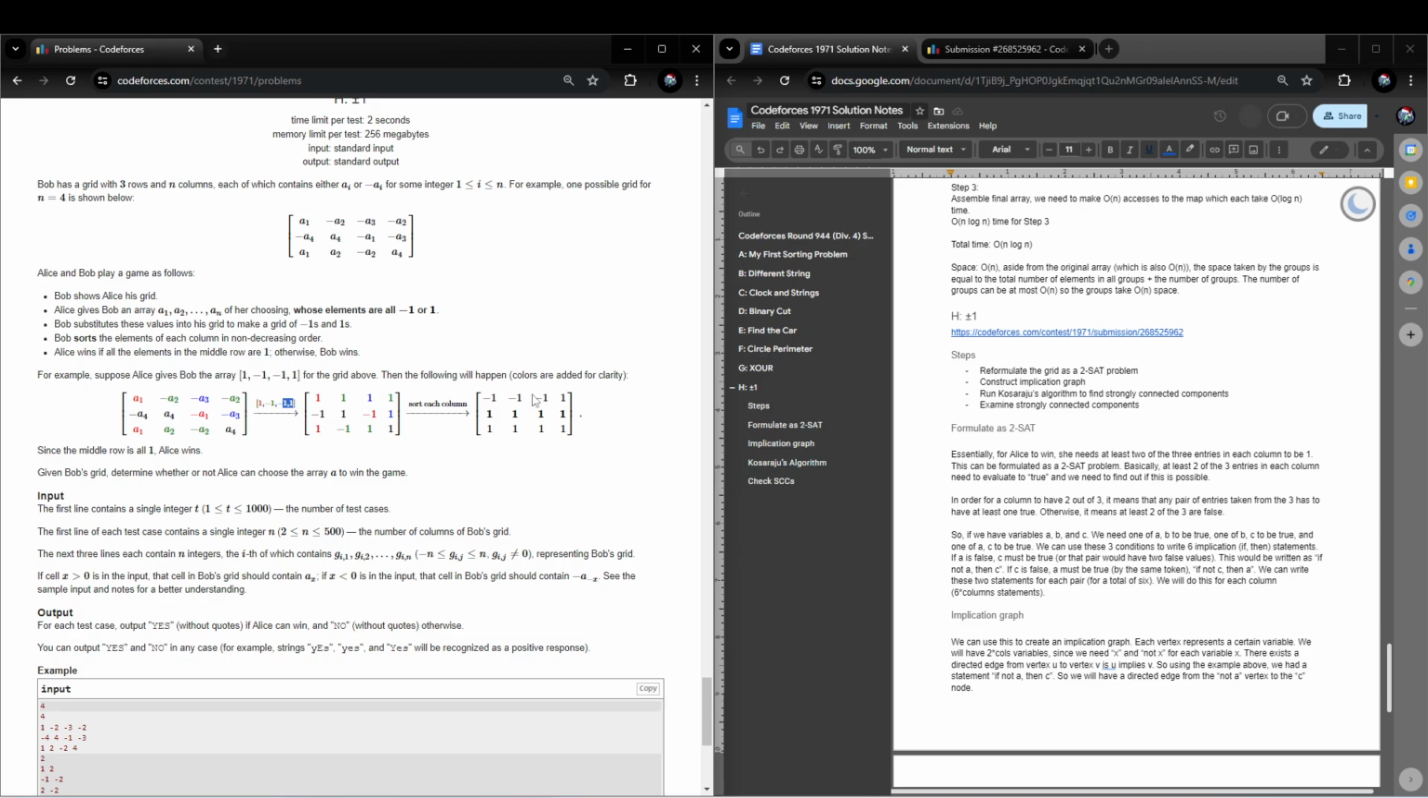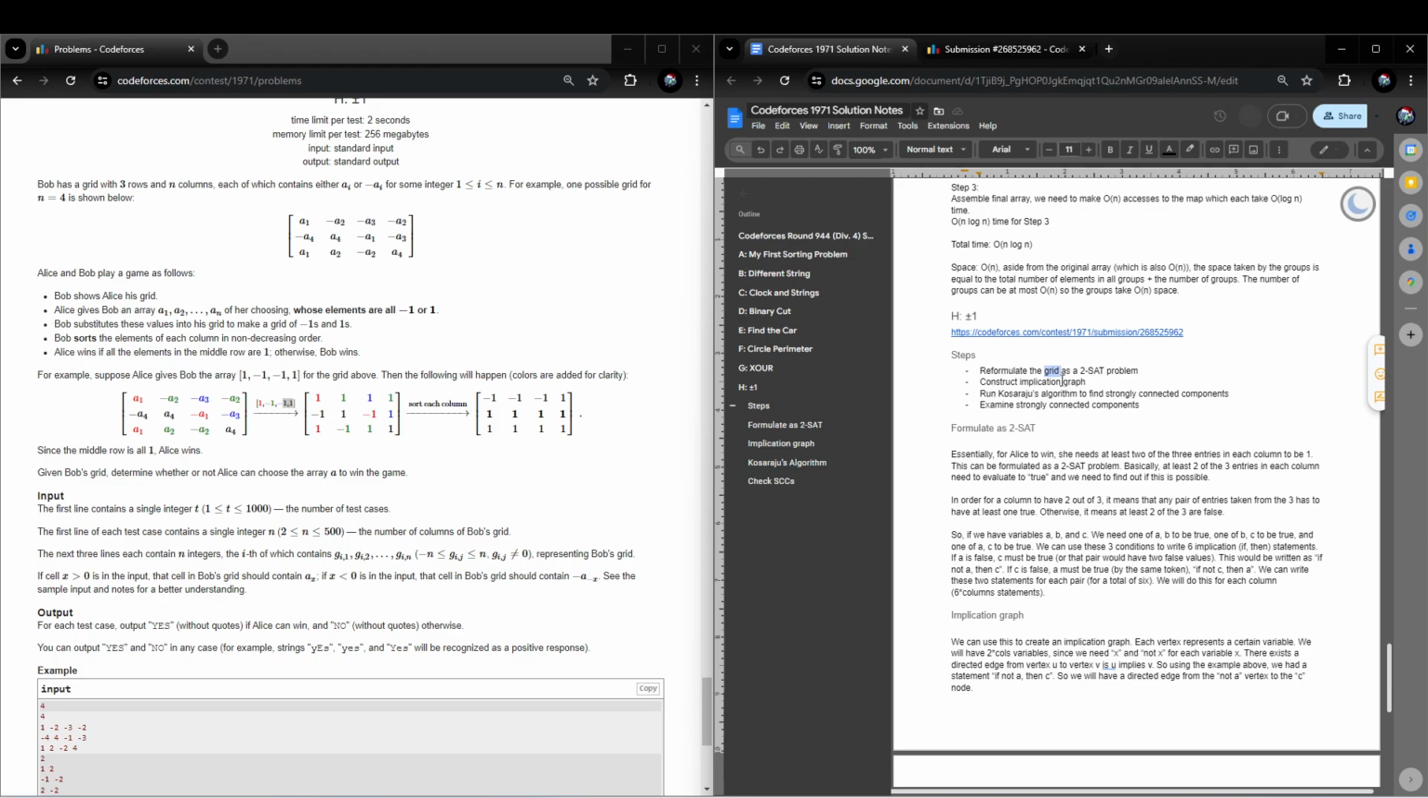Okay, so we can reformulate the basic overview. What we're going to do, high level overview, is we're going to reformulate this grid as a 2-SAT problem. We're going to construct an implication graph based on the clauses generated from our 2-SAT formulation. We're going to run Kosaraju's algorithm to find strongly connected components. So what that means is a strongly connected component is a set of vertices in the graph where there's a path